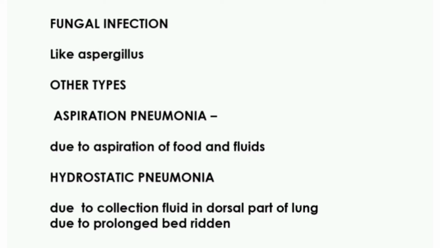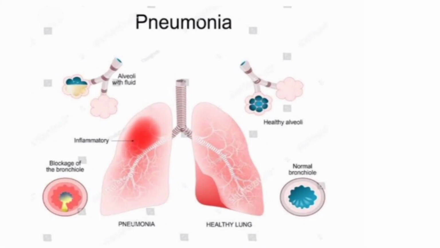Let us see the pathology of pneumonia. Before talking about the pathology, we have to see what is happening in the physiology of the lung. You can see this picture. One side shows the normal lung, the other side shows the abnormal, infected lung. In the normal lung, the alveoli, bronchi and bronchioles are all clear, so the air goes inside freely and comes out freely. Whereas in the abnormal lung, the bronchi, bronchioles and alveoli are filled with